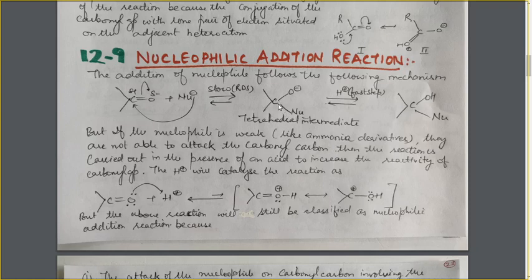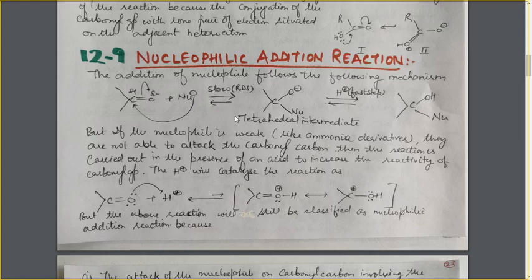You see, there is a carbon-oxygen single bond, and one bond is free. Such type of species is also found in case of alcohols by the loss of H positive ion, and they are alkoxide ions. It is also behaving in a similar way, and alkoxide ions are very strong bases, so it is also a very strong base. As a result, it will easily abstract the H positive ion from the solvent or from the reagent which is supplying the nucleophile.